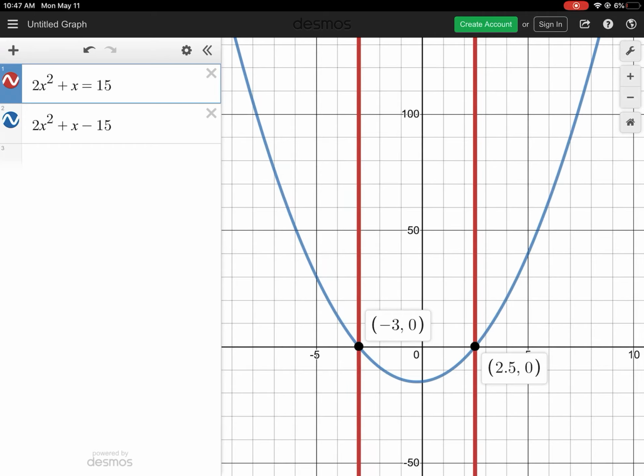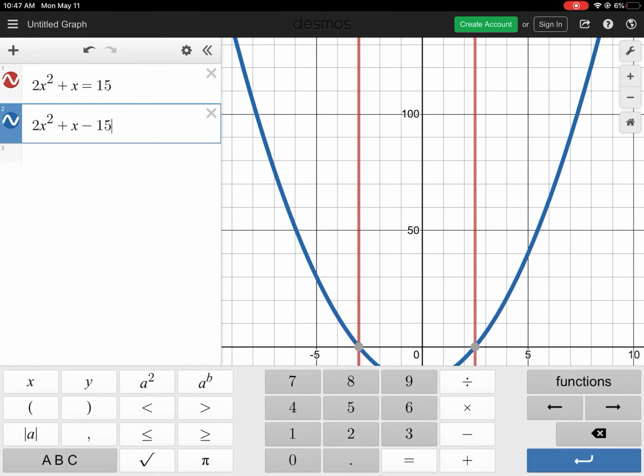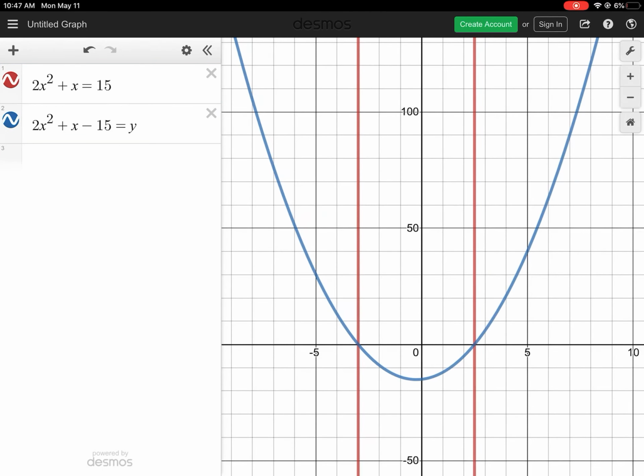The red lines are straight vertical lines showing you what the solutions would be, but without the equal sign, we actually get the parabola, or we could set it equal to y if we wanted to get the parabola. And that shows us what the graph is. We know a is positive, 2 is positive, so it's facing up, and there are my two zeros. Okay? So when you're doing this assignment,